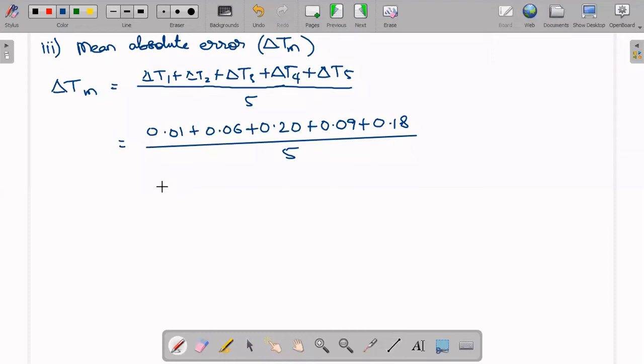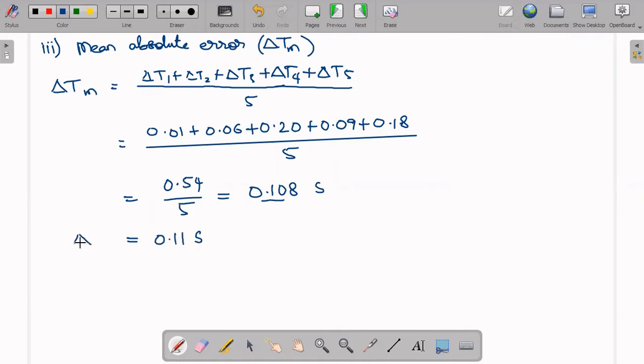seconds, we're ending up with 0.54. 0.54 divided by 5, so 0.108 we are ending up with. As it is time, we will write in seconds. But in all the given values, they are up to 2 digits after decimal, so the result also should be up to 2 digits only. If we approximate it to 2 digits, there is an 8, which is greater than 5, so the previous digit should be increased by 1 as per rounding of figures. So it will be 0.11 seconds.